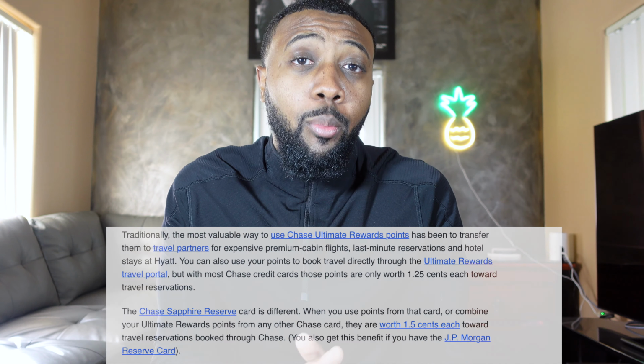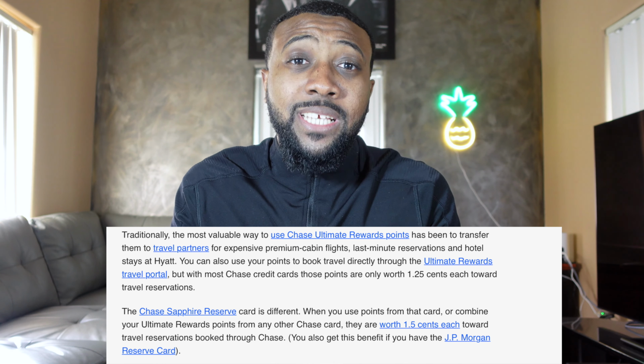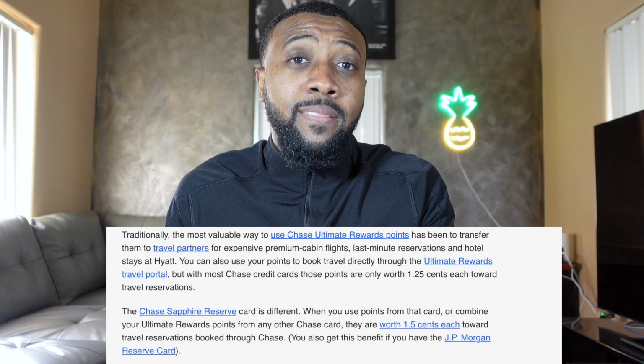So with the Chase Sapphire Reserve, you're going to get 1.5 cents per point. So it's a 50% boost on those points. This is really one of the selling points of this card. It elevates those points that you're earning, and when you're using it in Chase's travel portal, it makes it that much better. That's how you're able to redeem